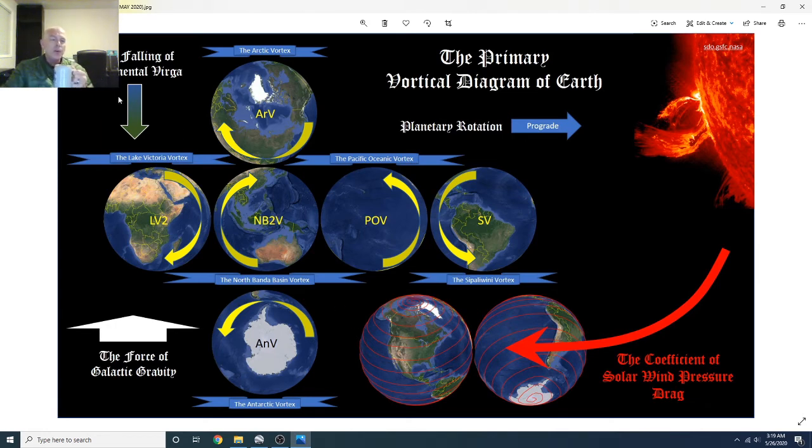All right, now as we're looking over here, the falling of continental virga. This is what I refer to, how the continents are coming down by all three of the combination of forces, which are what? Oh, probably the bow wave from the front of the forces that the solar system hits as it's flowing forward in the resistance that it gets, and then from the rear end, which is an even stronger resistance, where the galaxy is affecting the base of our planet to make the base of our solar system and the base of our planet all the same type of energy. And then you have, of course,